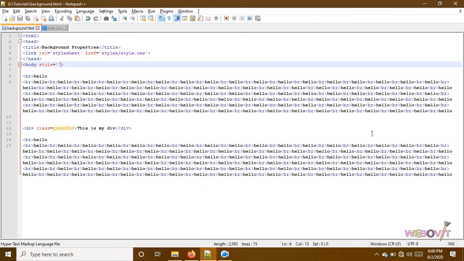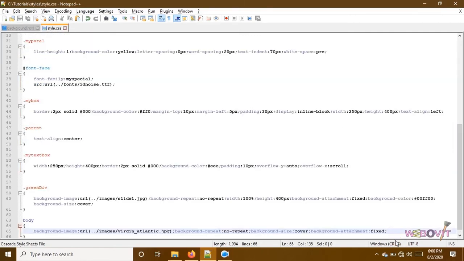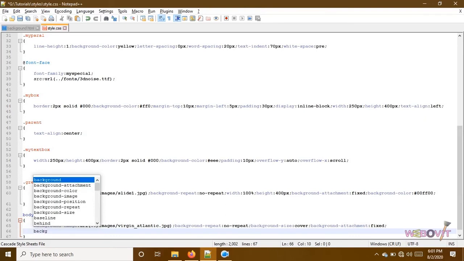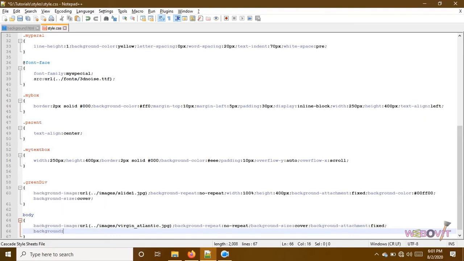Okay, now moving ahead, there's one shortcut. As we can see here, we have mentioned a lot of properties. We have mentioned background image, then background repeat, then background size, then background attachment. So instead of writing all those things, there's a shorthand way to write all these properties. I will first write below, then we will remove this one and the new style will be there. Instead of writing background-image, you could simply write background, and you will mention all the properties here.